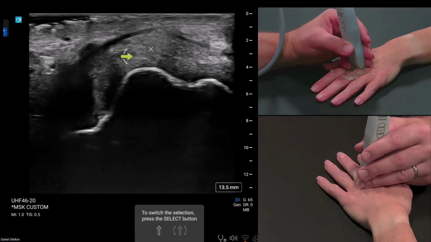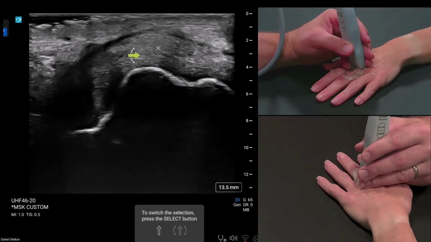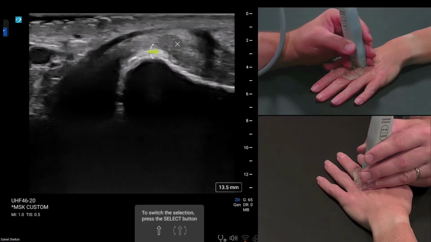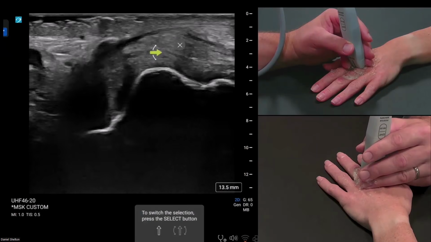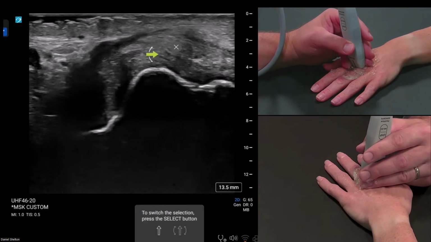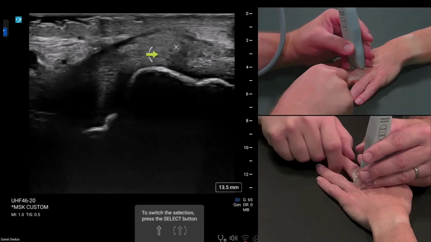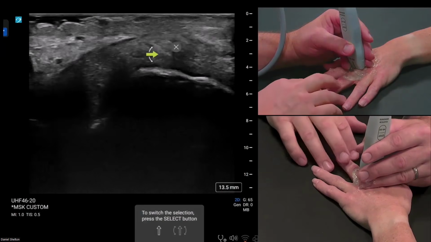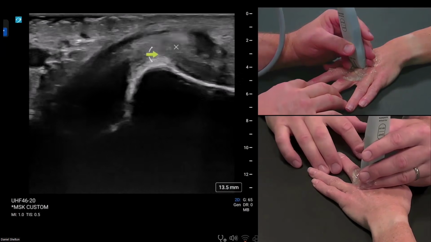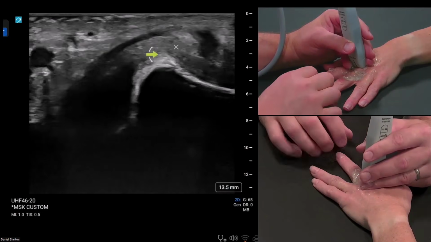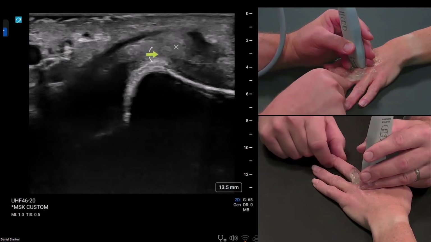And then we can see collateral ligament anatomy starts here. Somewhere in between here is the joint capsule. It's really thin, it's normal, and it's just a potential space at this point. But to delineate potential space, just like in a subacromial bursa in the shoulder, I'm going to spread her fingers a little bit. You just want to make it move to delineate the space. So I'm going to grab her finger and just wiggle back and forth.